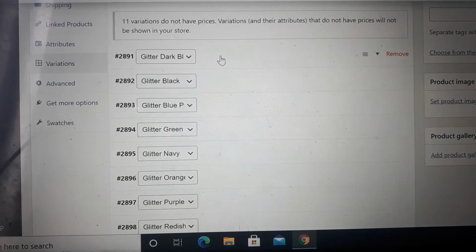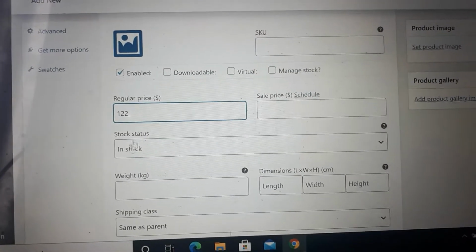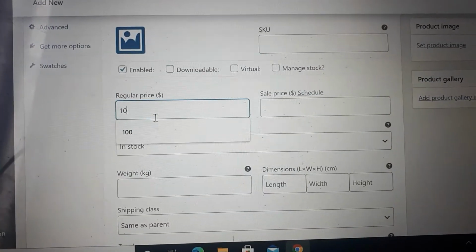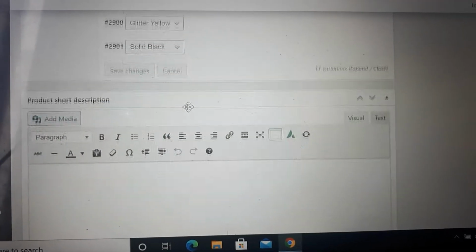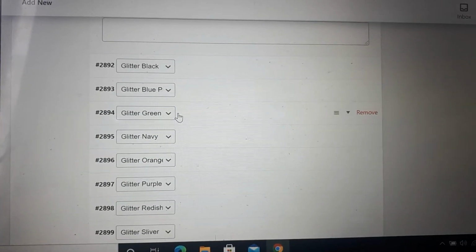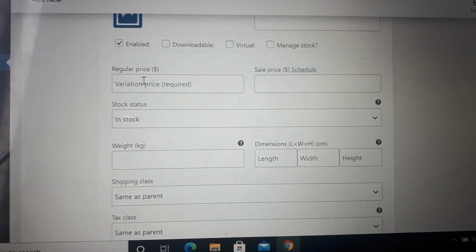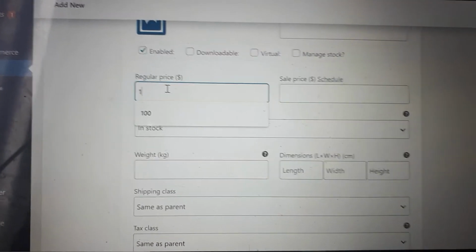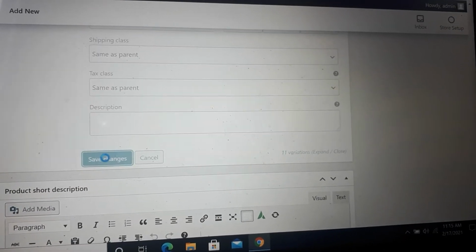Then we need to add prices for all these variants. After adding prices, you need to click on save changes, then the variants will be saved.